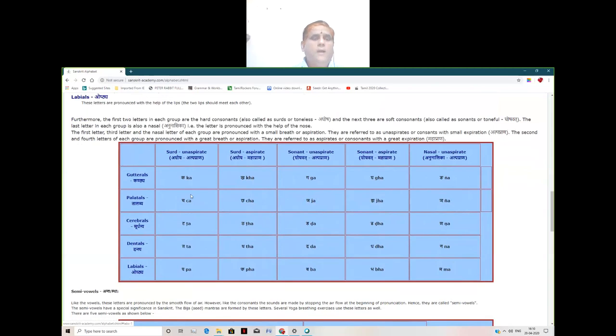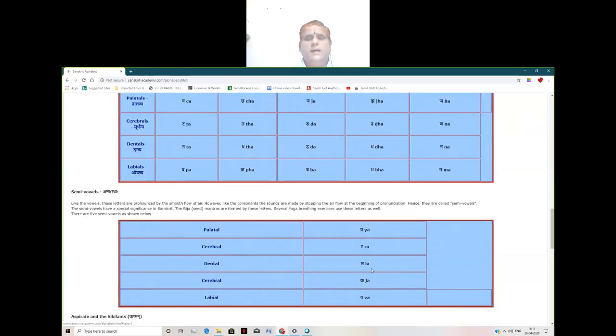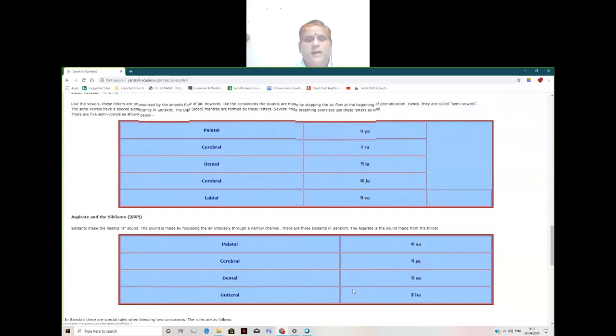So now you will understand these Vyanjana letters. Consonants are given here. Ka, kha, ga, gha, nga. Cha, chha, ja, jha, nya. Ta, tha, da, dha, na. Ta, tha, da, dha, na. Pa, pha, ba, bha, ma. Easy for you to pronounce the letters. Ya, ra, la, va, sha, sha, sa, ha, ksha, tra, jnya.